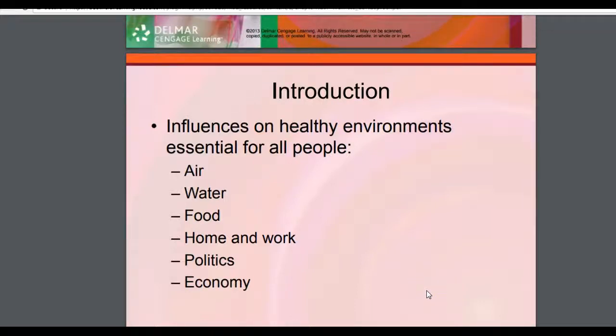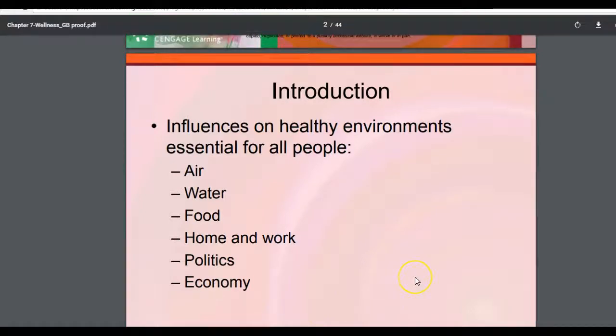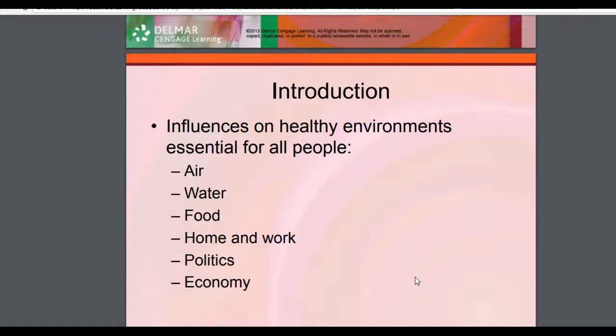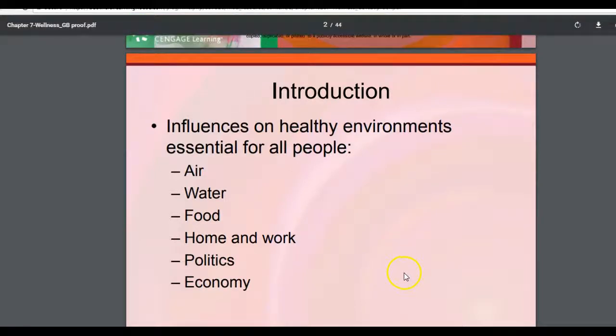And then even politics in the United States with racial tensions running at a high, issues with undocumented people, that's going to affect health, and then the economy. Poverty and poor health go hand in hand. If people aren't working, if the economy is low, if the economy is unstable, likely there is going to be